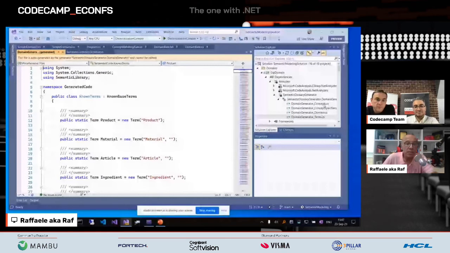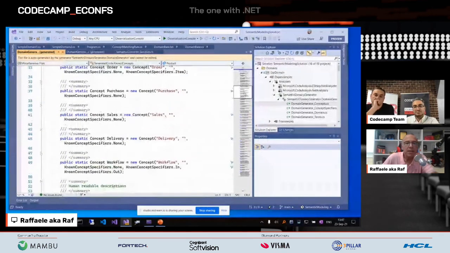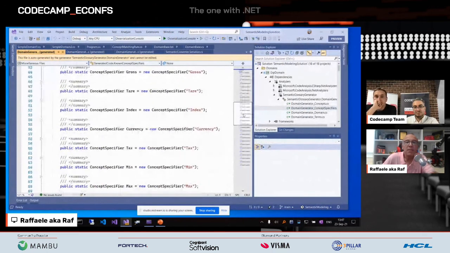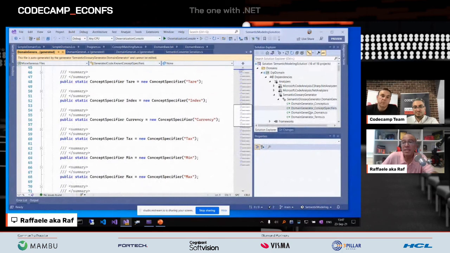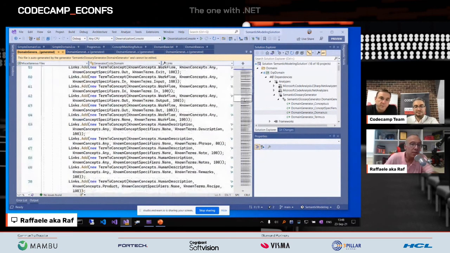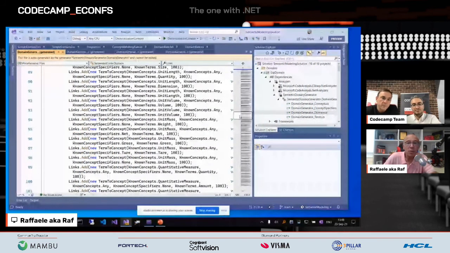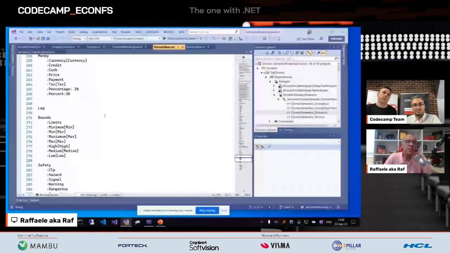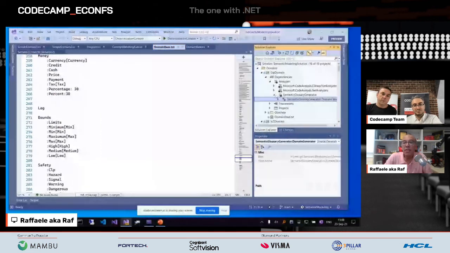And then the concept, it's very similar, okay? There are fewer, of course. And then the concept specifier, and there are even fewer. And this is it. At the very end, the domain is the one that puts everything together, that links one with each other, with the others. And you see the list is very long because we have many terms. But I don't want you to write this. I mean, you already have all this stuff. You just have to write this text, and then you can generate everything using the code that I showed before,